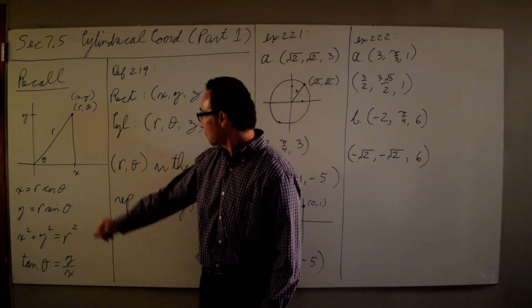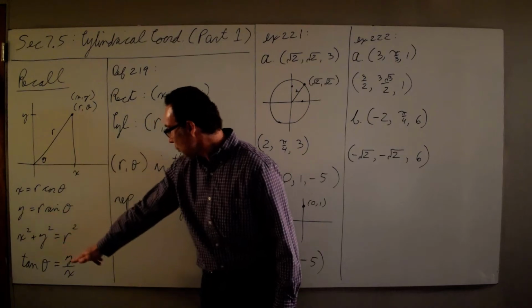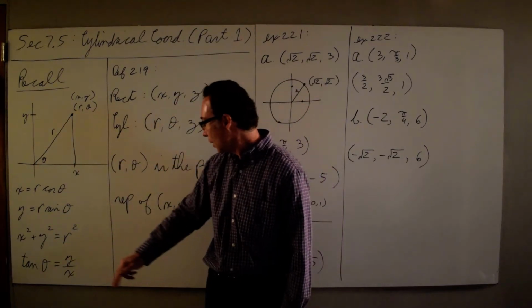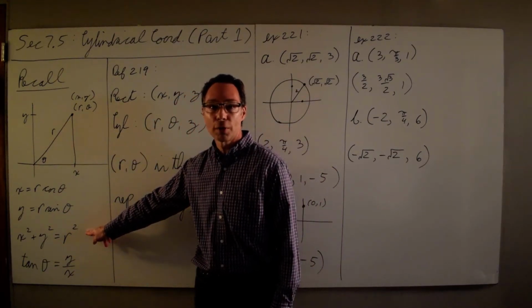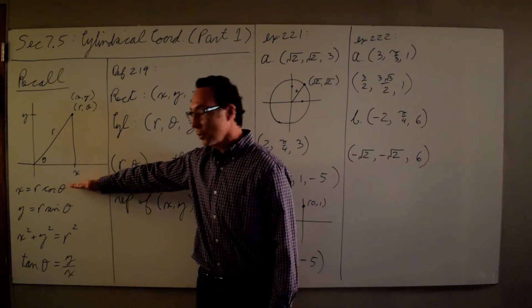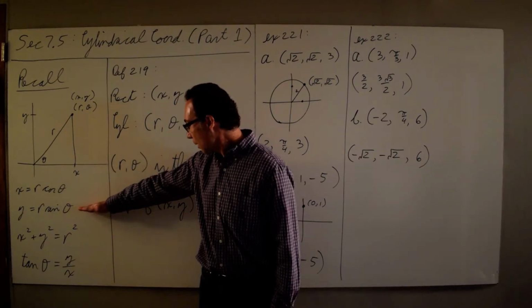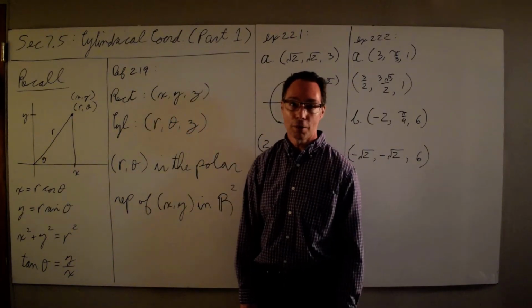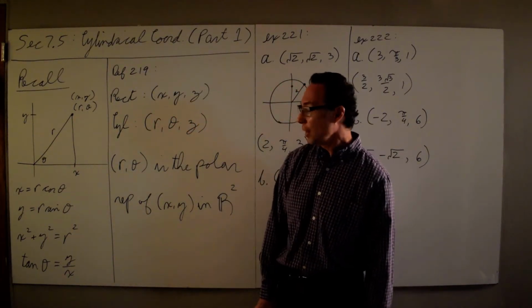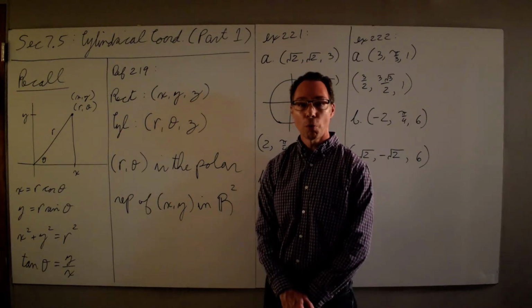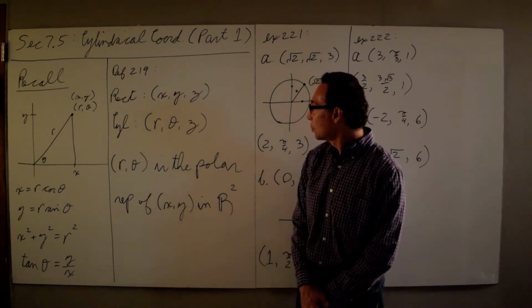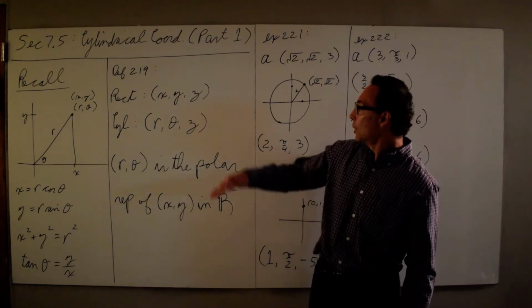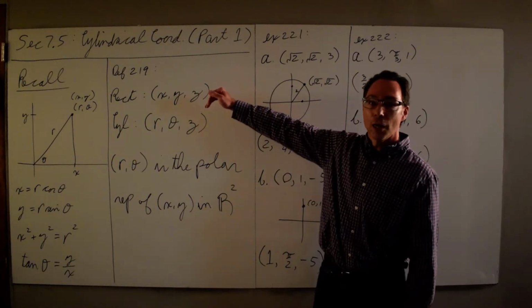And so just from right triangle trigonometry, we have the Pythagorean theorem: x squared plus y squared is r squared. x is r cosine theta, y is r sine theta, and y divided by x is tangent of theta. And so that's just a very brief review of polar coordinates,